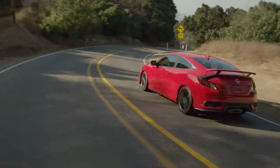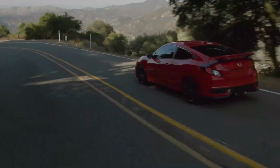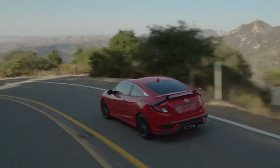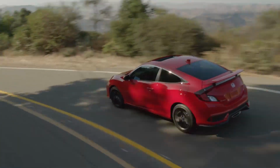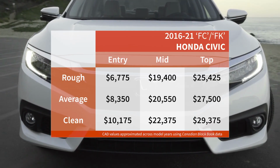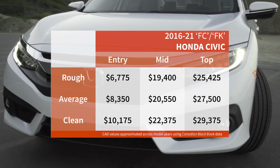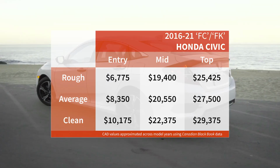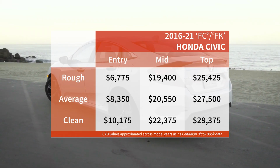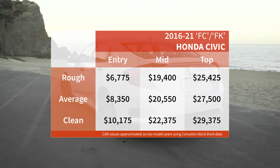Current Canadian pricing for the 2016 to 21 Honda Civic ranges from $6,000 to $32,000. Now that's a wide range, so let's have a look at some specific examples. Older entry-level models like a 2016 DX sedan with a manual transmission range from $6,775 in rough condition to $8,350 in average shape to $10,175 in top condition. Average wholesale prices hover around